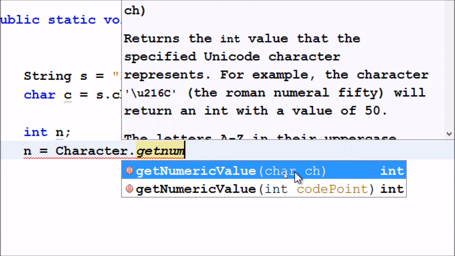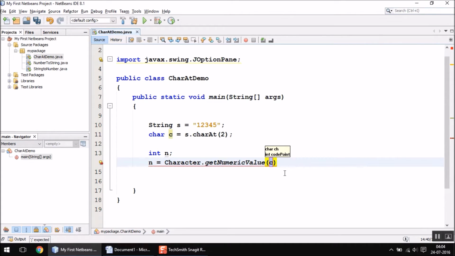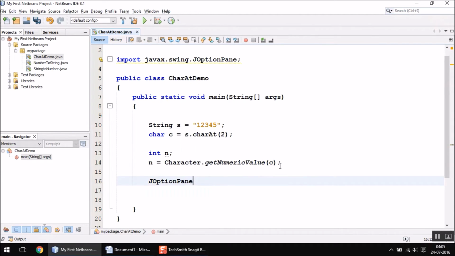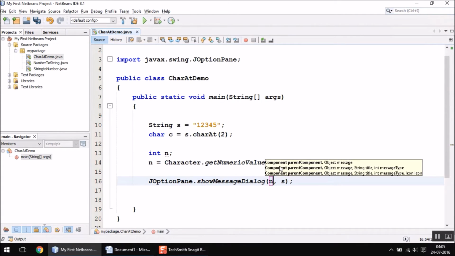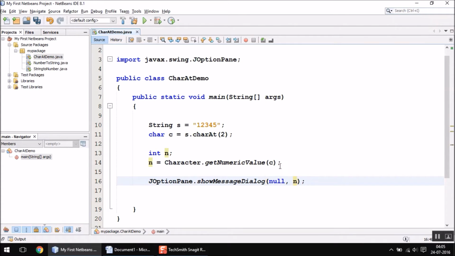So let's use it, and as you can see it has already taken c inside the bracket, which is what I want to convert into an integer. So that's perfect. Now when I run the program, let me display this value of n. JOptionPane.showMessageDialog(null, n). So I should see the value 3 on my screen if I run the program.